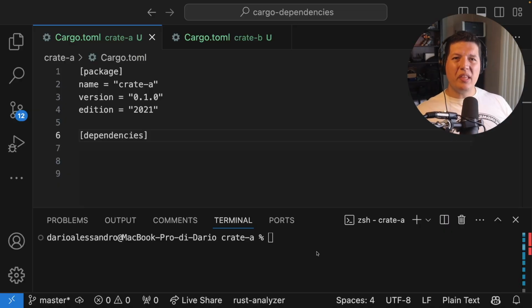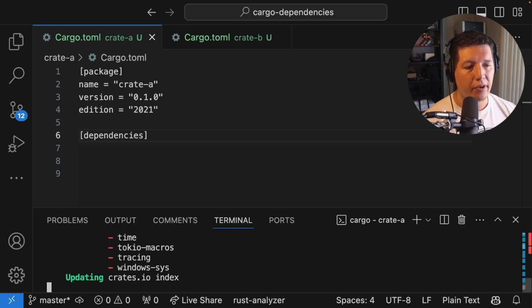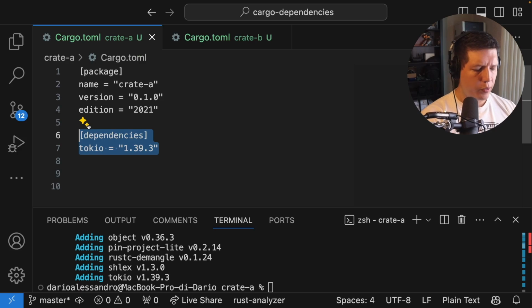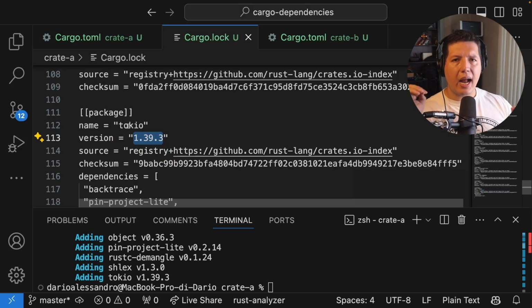Okay, so let's start with the most basic way to install a dependency. So you just do cargo add tokio, because we are very original, so Tokio. Now Tokio gets installed. By default, I think Cargo will try to install the latest version of the library. You'll see that there's another weird file in there called Cargo.lock. Cargo.lock documents the resolved version and checksum of all the dependencies in your project.